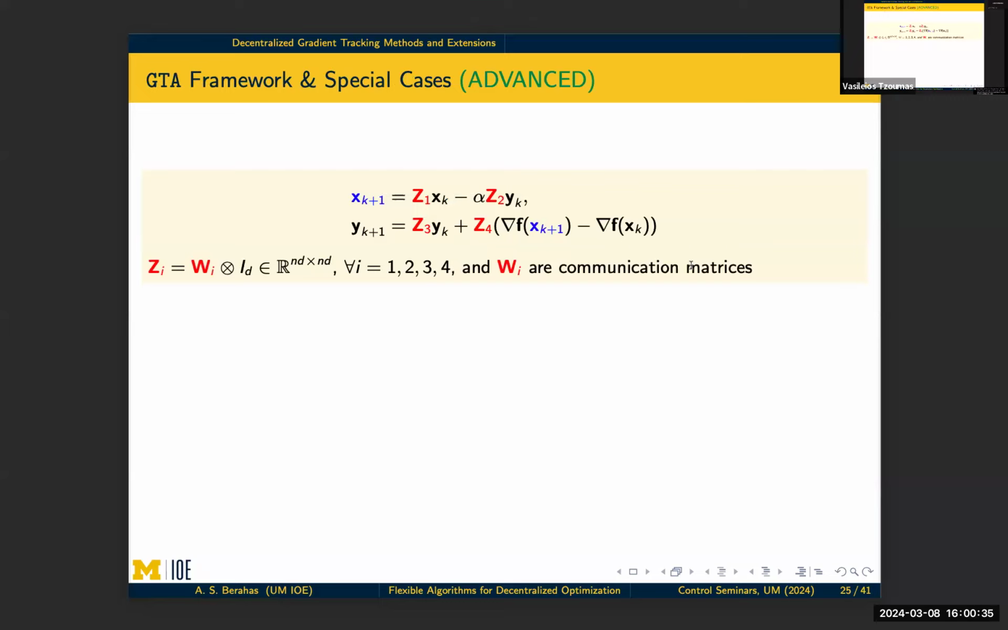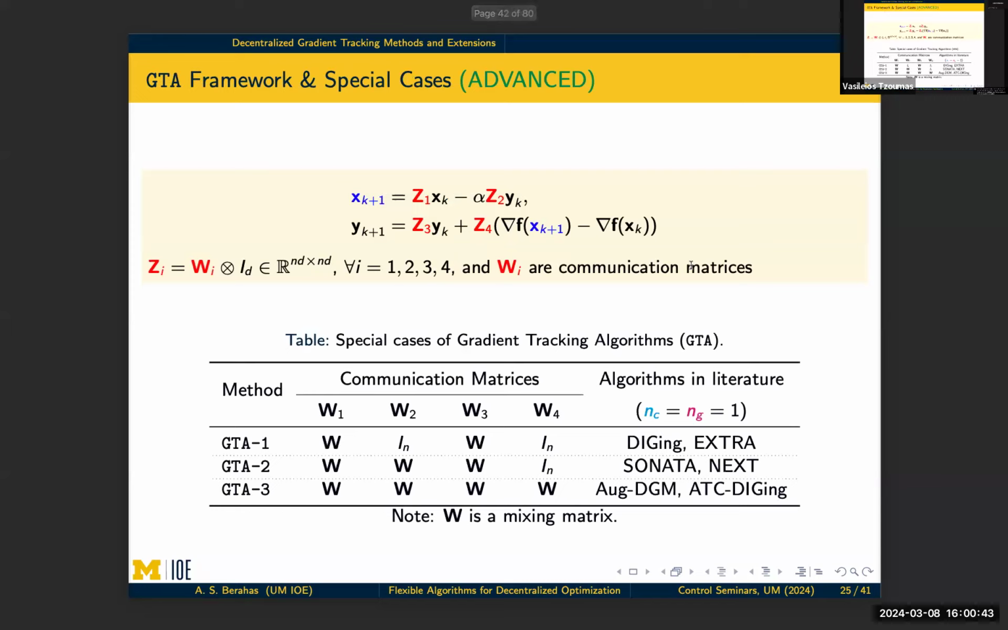And now you'll say, well, why did you need 4 consensus matrices? Could you do it in a different way? We just wanted to have it be as general as possible. And what's nice is when you think about this general form, what you can recover is DIGing, EXTRA, SONATA, NEXT, and OGDGM and ATC DIGing, right? So all these algorithms are special cases, but of course, there's a lot of other algorithms that are not even